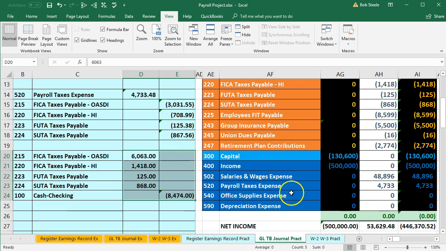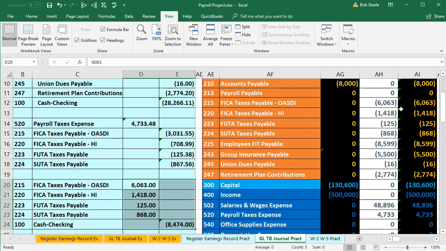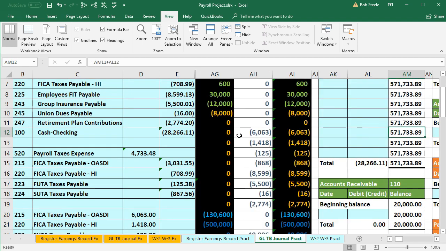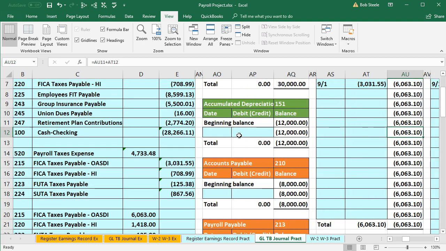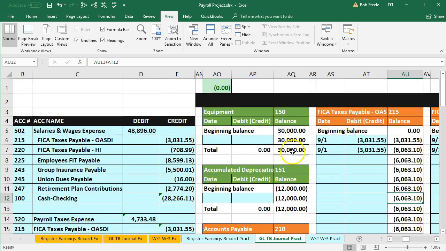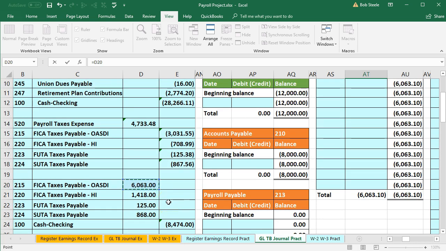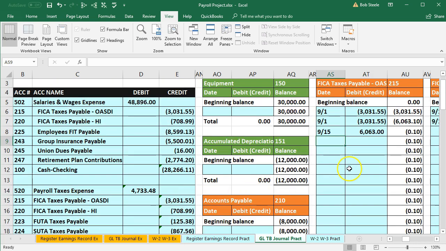So we're going to post this out, and this will bring these all back down to 0. So we recorded the fact that we owe the liability. Now we're going to pay the liability with cash. So here's our 215. Here it is on the trial balance. We're going to scroll back over and find 215 in the general ledger. So here it is on the GL. This is going to be on 915 now, and we're going to say that this equals, in AT8, equals that 6,063 and enter. So that brings it back down